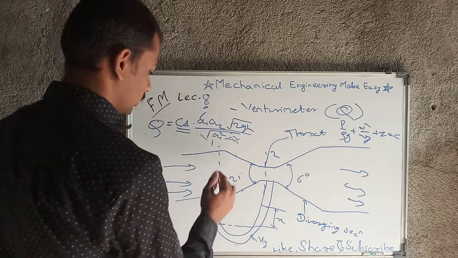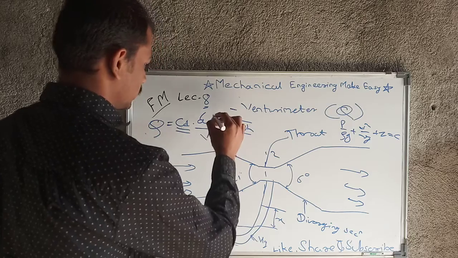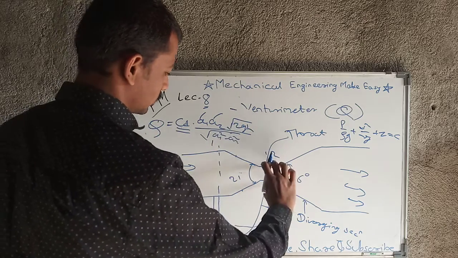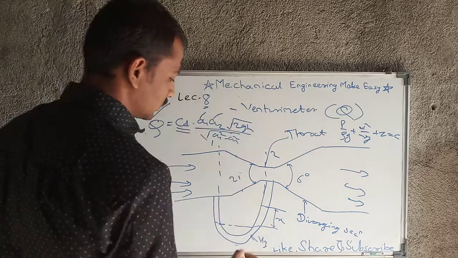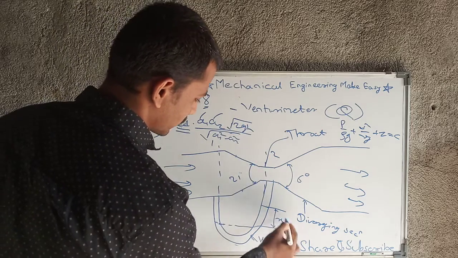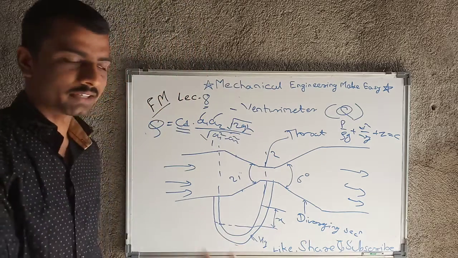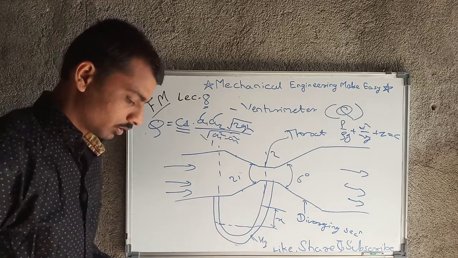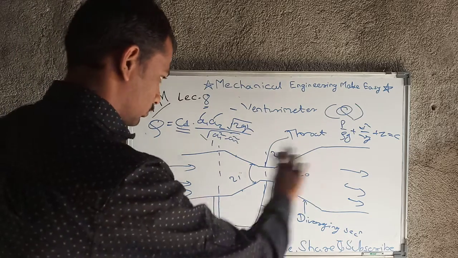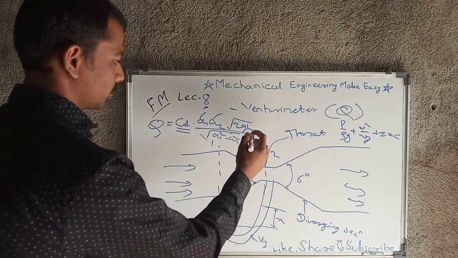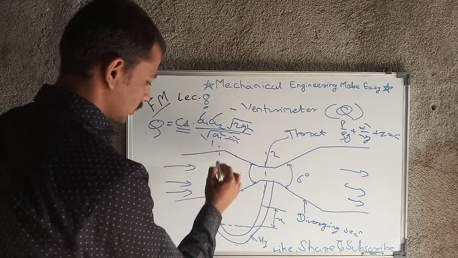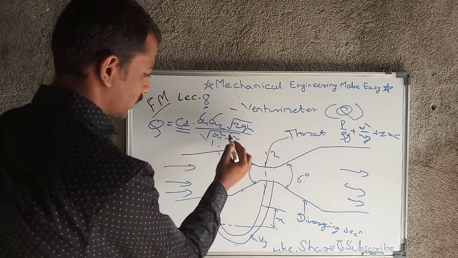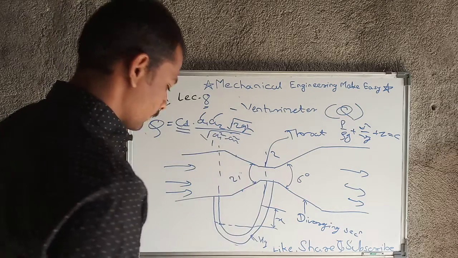Then A1 is the cross sectional area at section 1, A2 is the cross sectional area at section 2, okay, and under root 2gh. This h we will calculate from x. So how that is done I will give you here, but I have a rough figure, so I am only giving you the formula. After that I will go there. This A1 is nothing but the cross sectional area here, and A2 is nothing but the cross sectional area here.